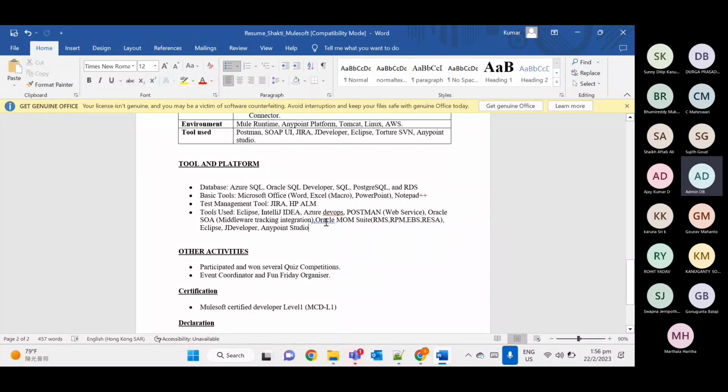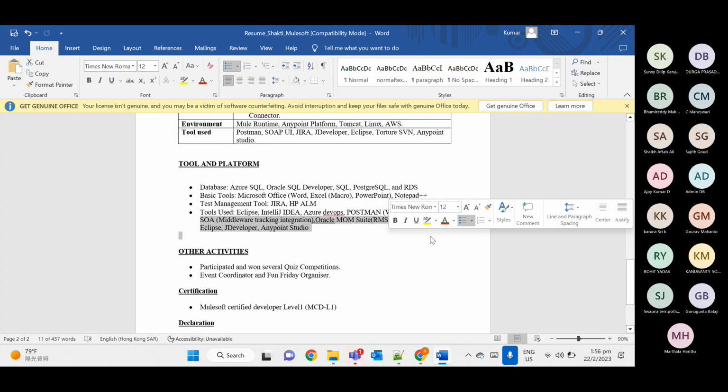Let me remove unnecessary tools, otherwise that will create problems for you.